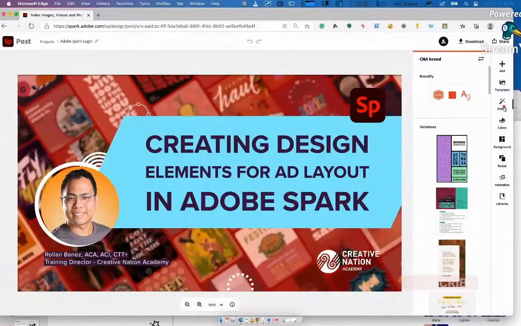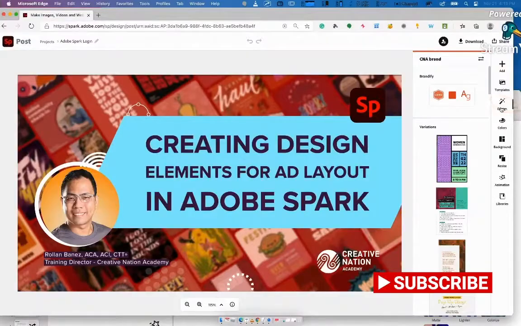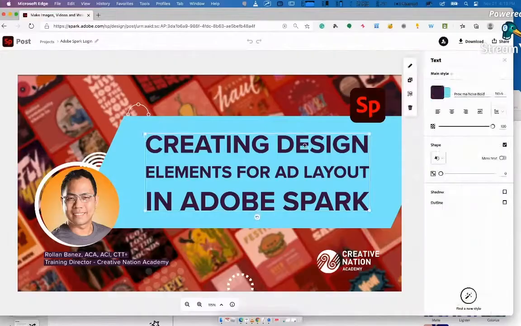Here, tignan nyo mabuti. Here. So this would give you an indication that you are already on the design tab or design button in this area. Okay. The next UI change is that when you click on a text, as you would see here on the right side,